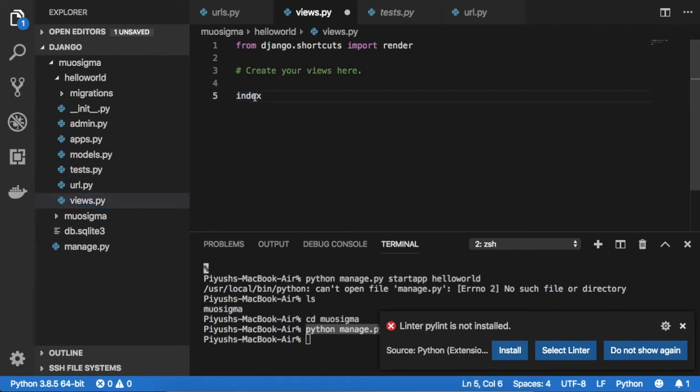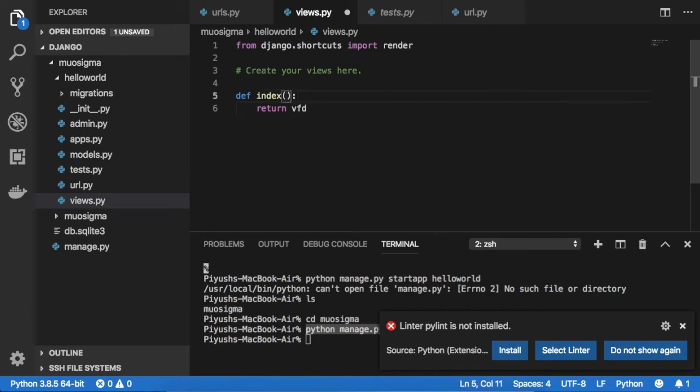When you create a function, you need to use a keyword called def. Okay, and here we have the function, and we need to return something.